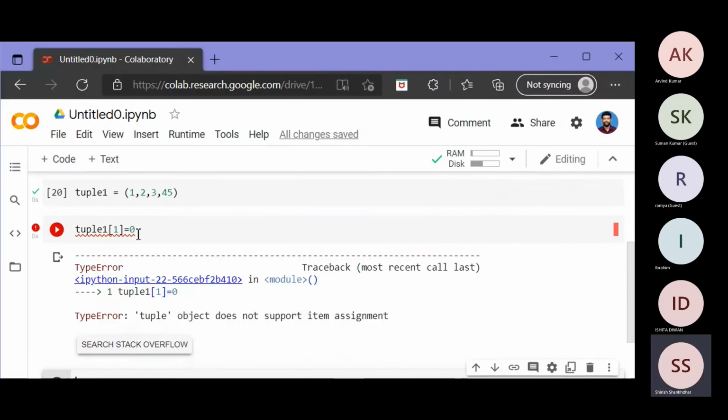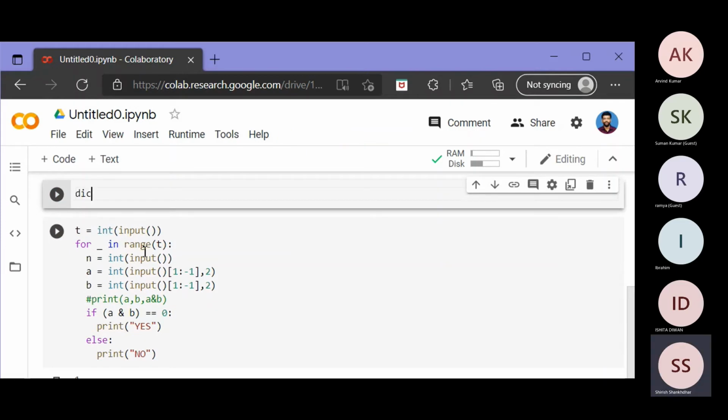So I'll just type out her question. Your dict1 is equal to you are having as keys A corresponding to that value 1, B corresponding to that value 2, C corresponding to that value 3.